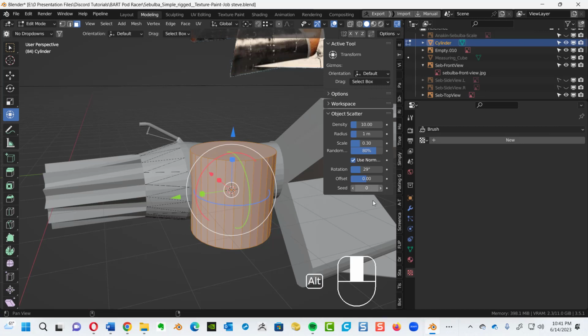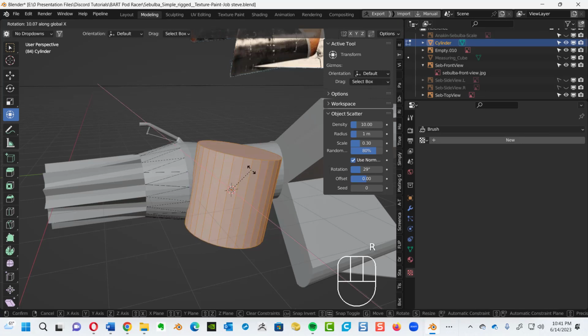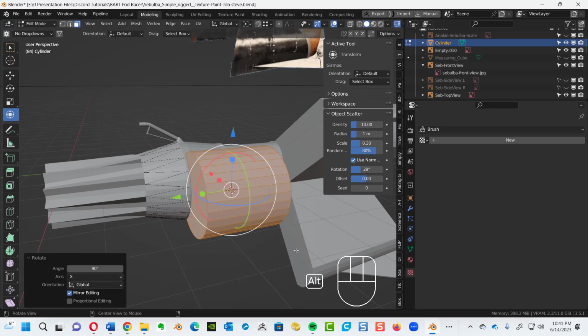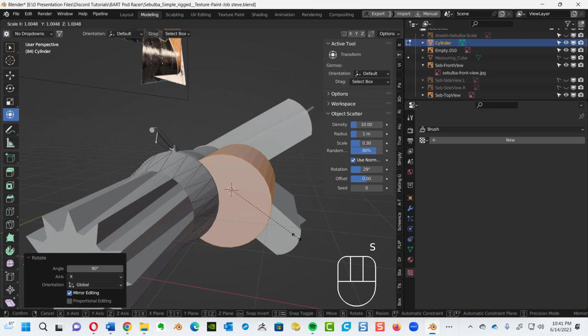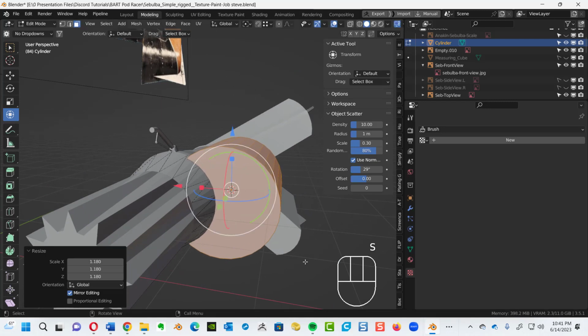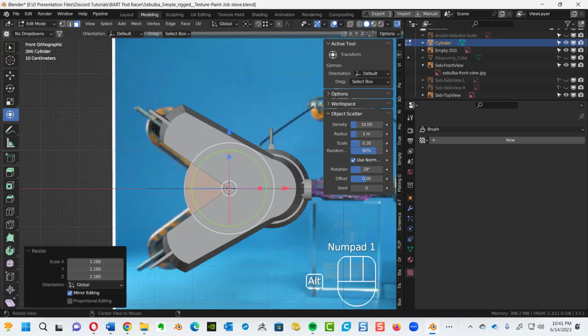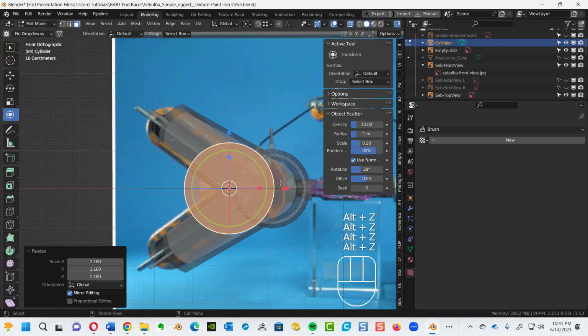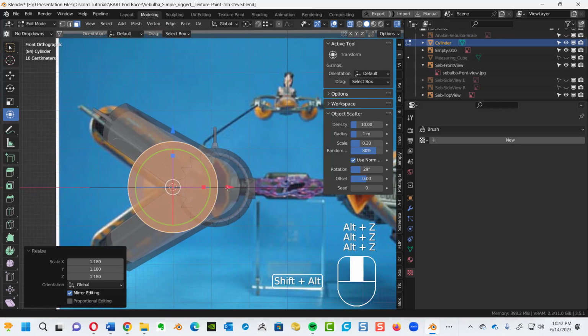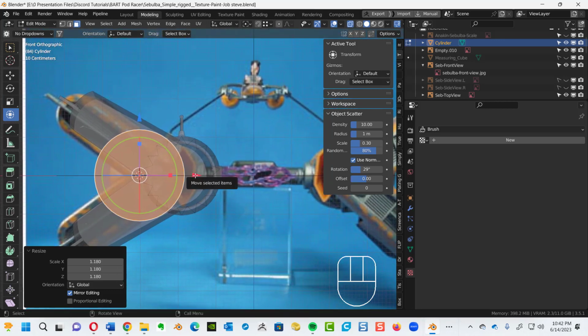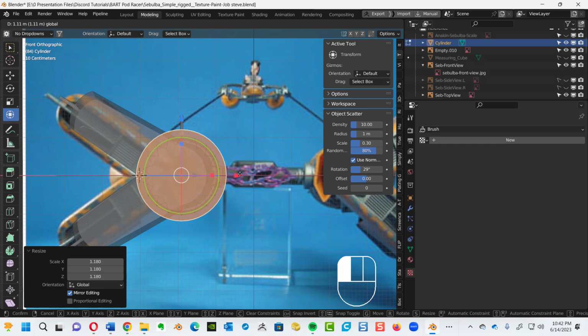That'll make life a little bit easier on us. Go to my R key, hit the X key for the axis, and 90 to rotate it. Let's make this a little bit larger. S key for scale, like so. Let's go to our front view. The number 1 key, Control or Alt Z for the X-ray view, and I'm going to just kind of get